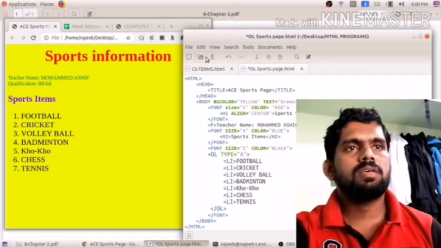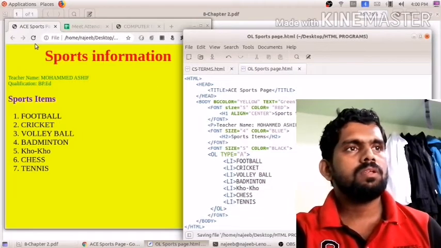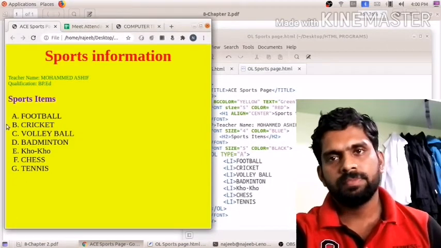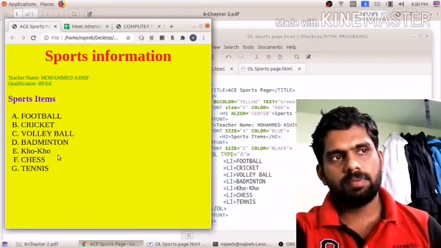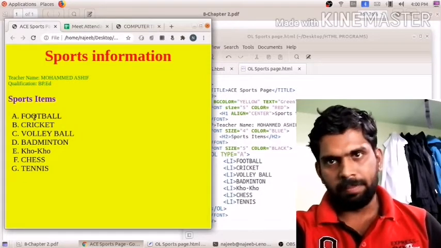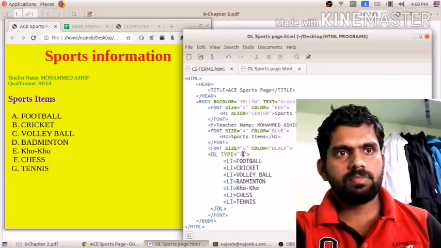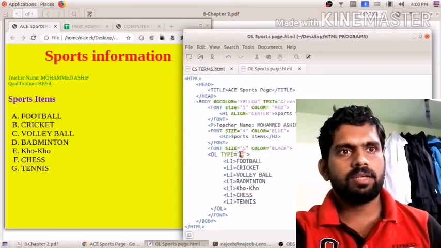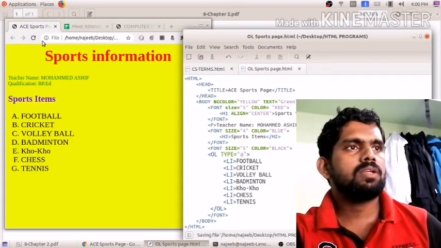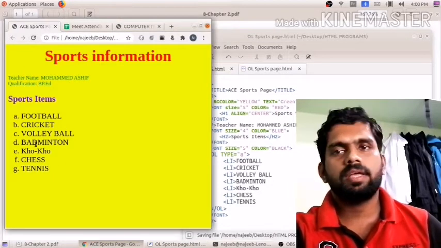Then I am saving this document, then reload the same page. You see it is changed to ABCD order. Then I am changing it to small letter a, then save the document, then reload, and you see small letter abcd order.